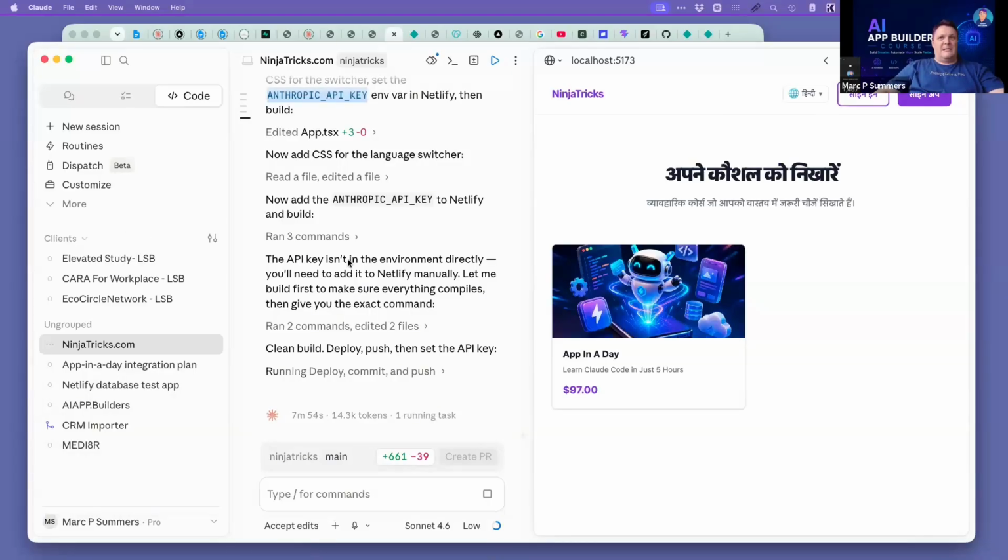And now the other thing I asked it to do, which is what it's building now, is when I add the coursework, I'm going to add it in English because my Hindi is very rough, very rough. But when I add it in English, it's now going to translate all the content that I add into the,